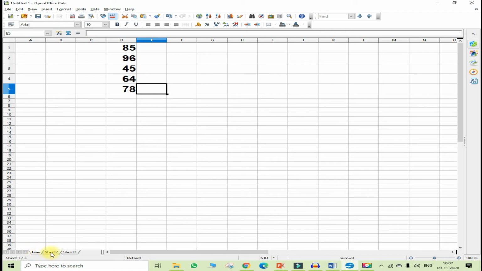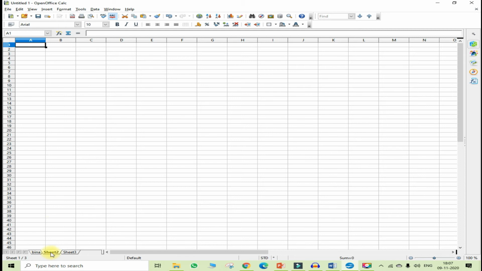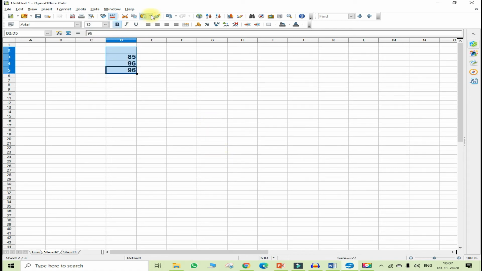Similarly, go on sheet 2. Go on sheet 2, and first of all, let's say we have created this sheet. I'll enlarge the font size. So after making use of this, I'll just go here on the sheet tab. On the sheet tab I'll just right click.